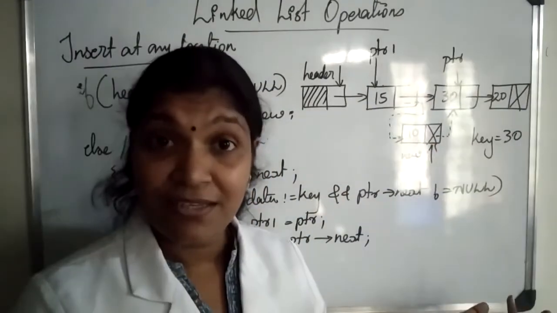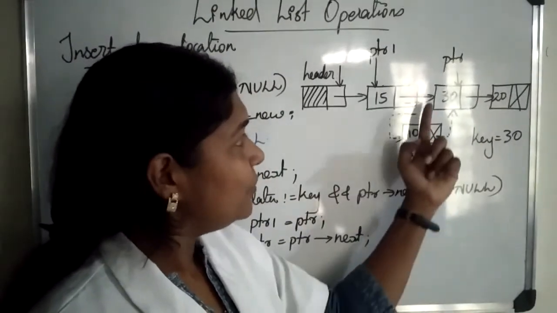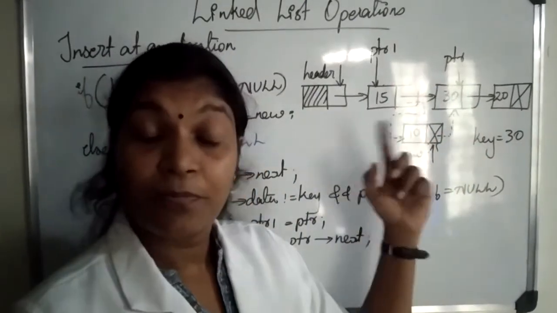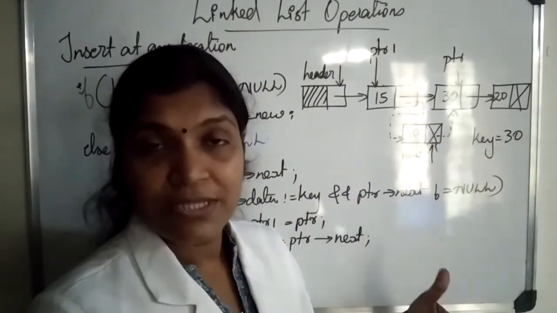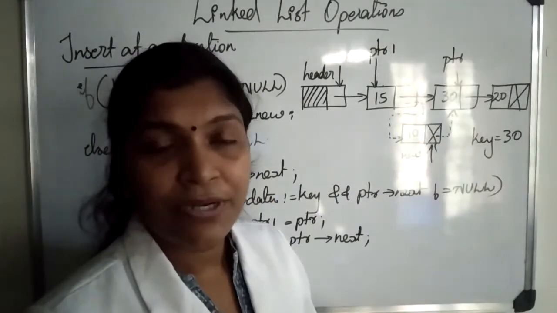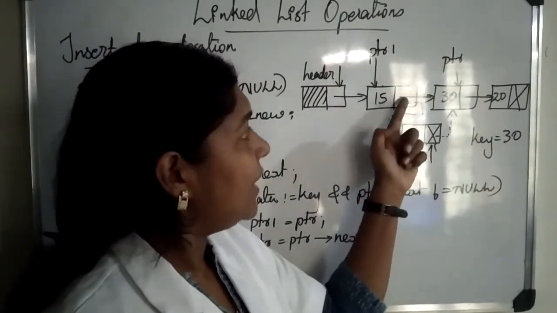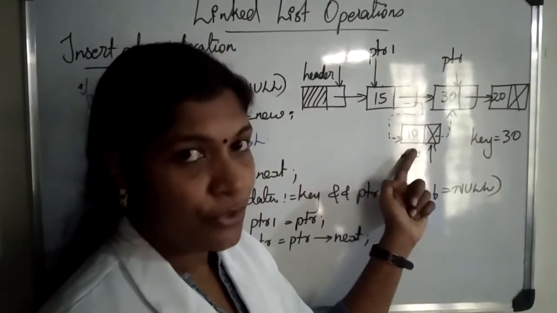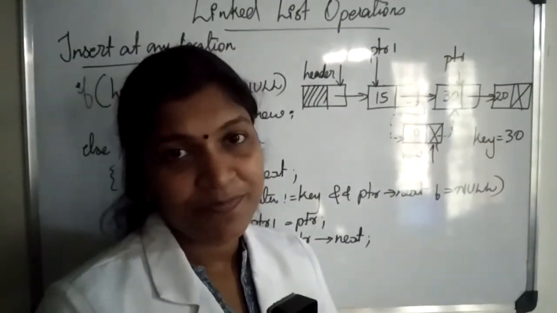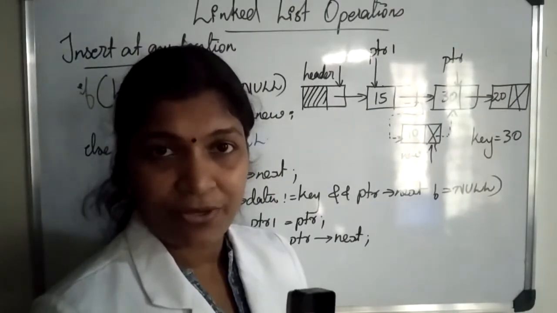It is very easy, right? Why is it easy? Because we are about to insert our new node in between PTR and PTR1. Both these nodes are having names. So it is very easy to rearrange the pointers. How can we make it? PTR1.next is equal to new, new.next is equal to PTR. Very simple. So I hope now you would have understood the concept of how to reset the pointers, right?